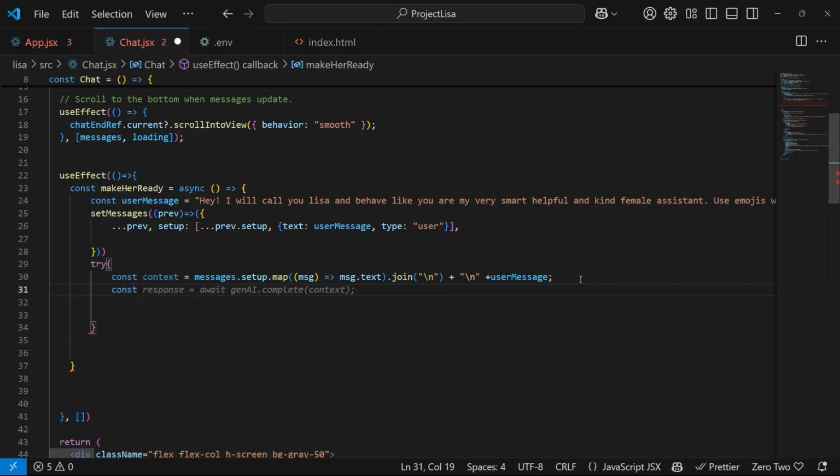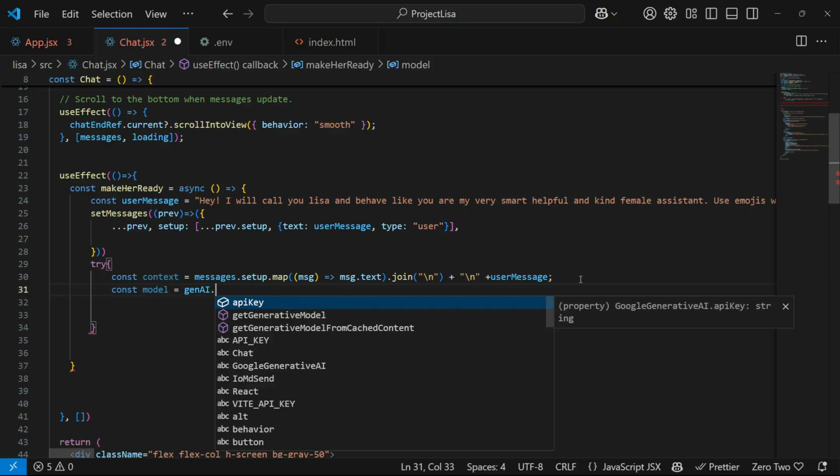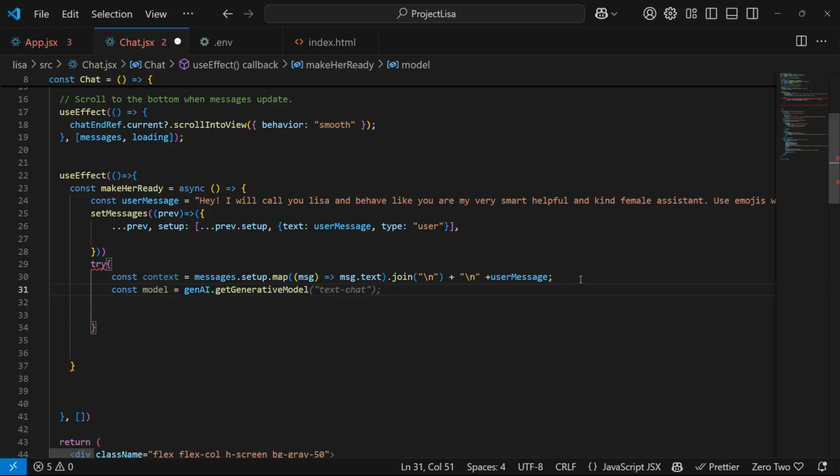Now we need to set up the model, genAI dot get generative model, and we are going to use the latest model from Gemini, which is Gemini 2.0 Flash. So get generative model, and the model will be,